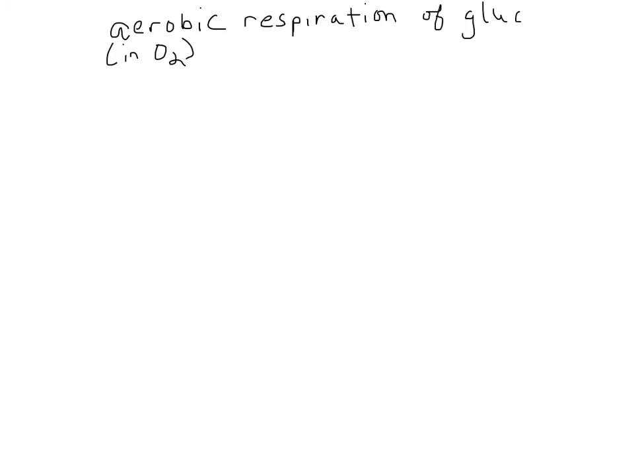In our previous lecture, we started talking about aerobic, meaning in oxygen, or with oxygen, respiration of glucose. A very important catabolic process that occurs in cells and is used to make ATP. That equation looks like this: